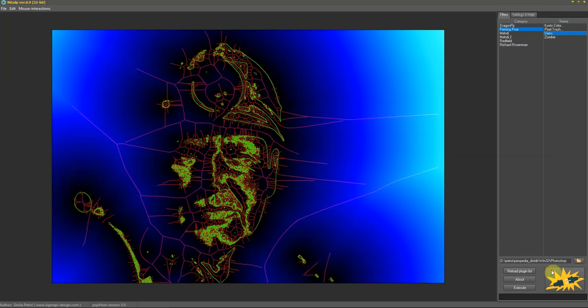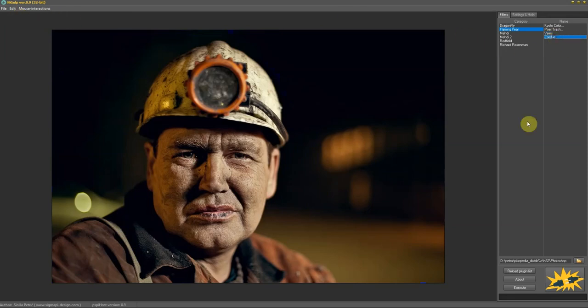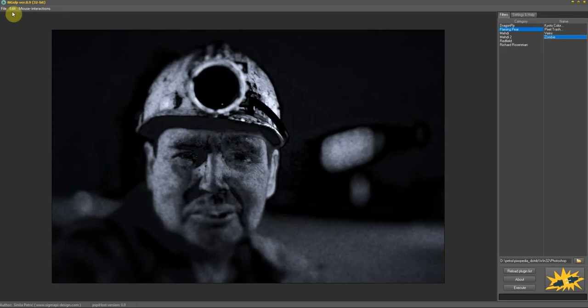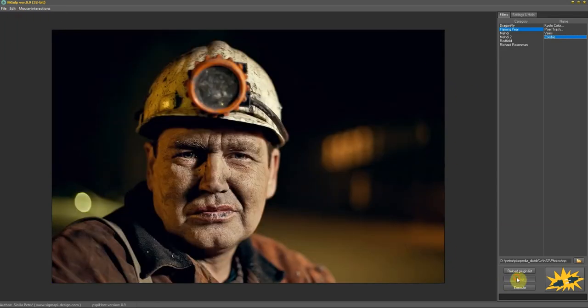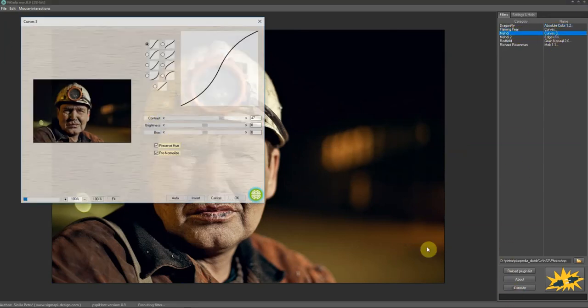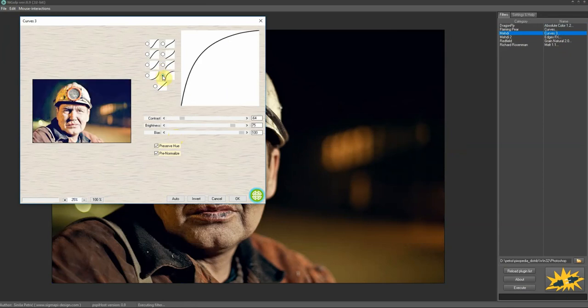If you have added some other Photoshop plugins to this directory, reloading the plugin list will reload categories and filter names. Here we can set undo. We can execute this zombie filter. Undo. You can see the about box. We can execute this negative filter,